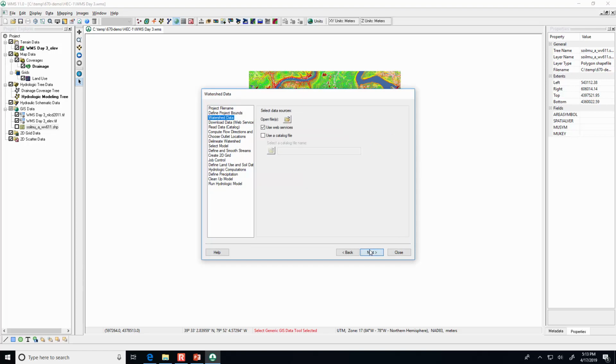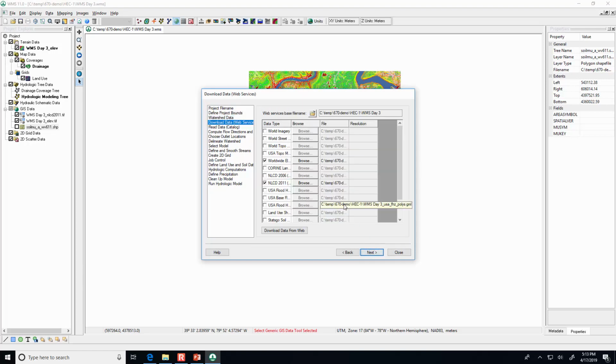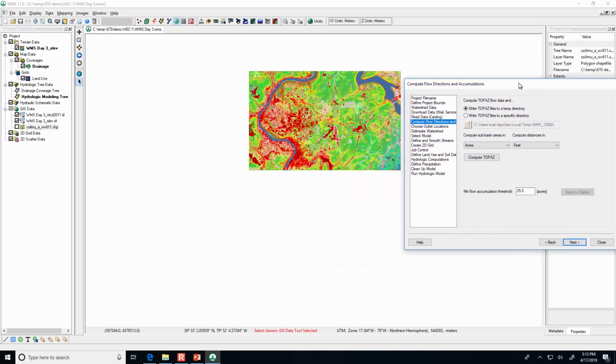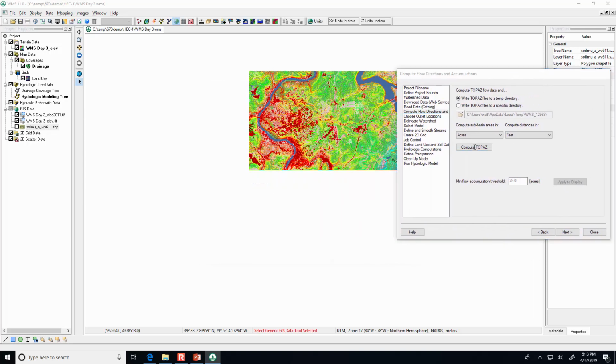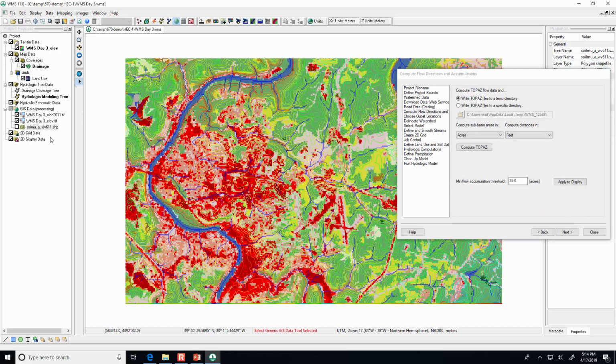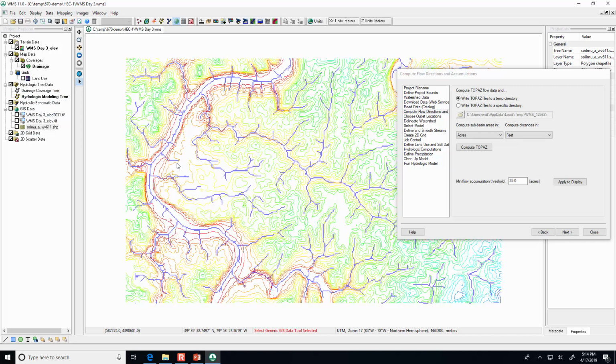We need to calculate topaz. So compute topaz, it'll go through the calculations and put in those streams. Okay. Now, just to make things a bit easier to see, I'm going to turn off the land use for a moment and turn off those.